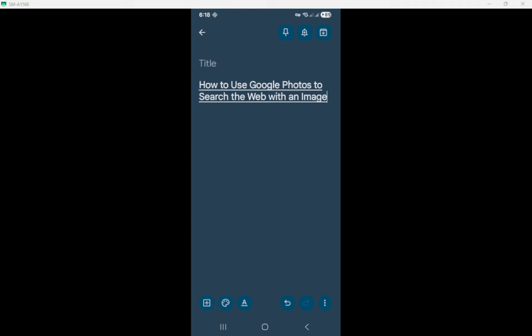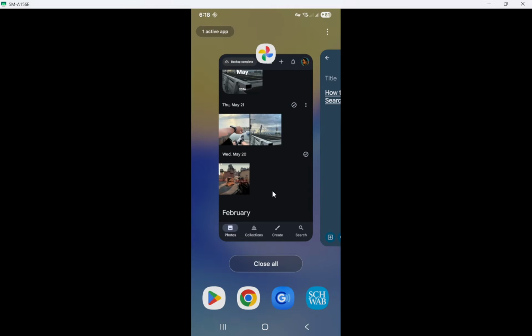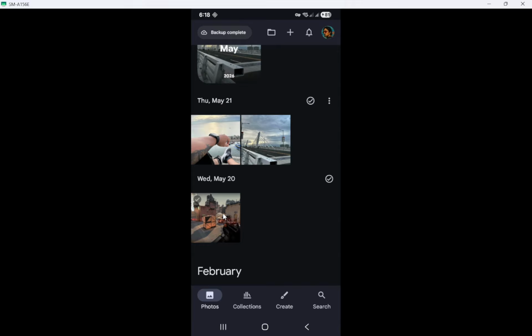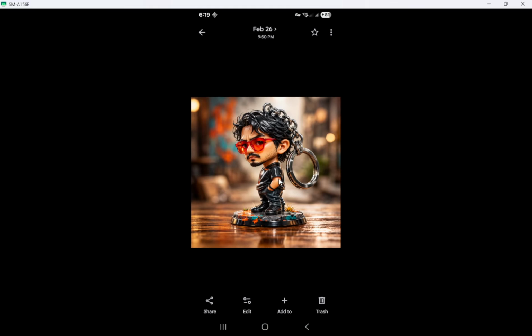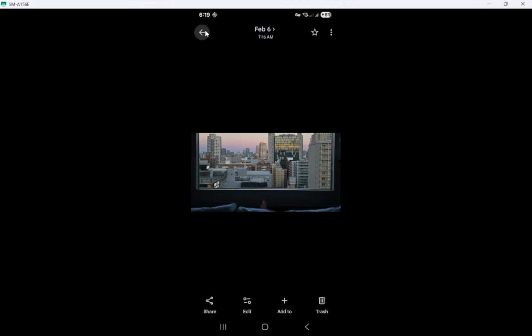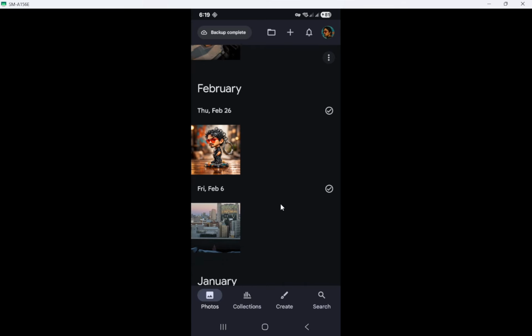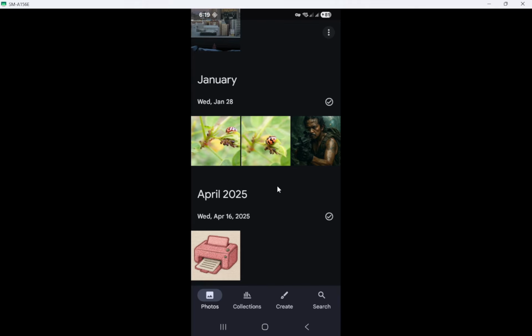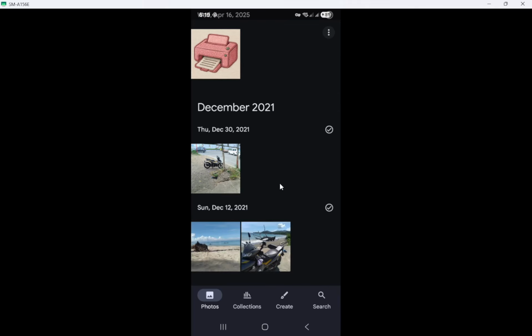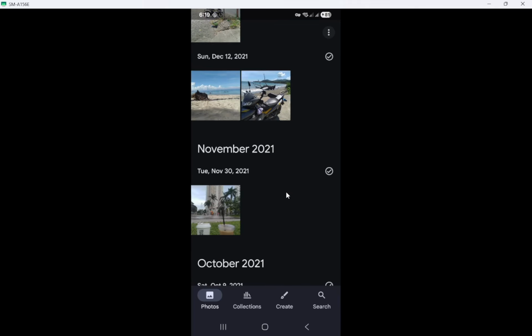In today's video, I'm going to teach you how to use Google Photos to search the web with an image. This is often called a reverse image search, and it's a simple way to learn more about what's in a photo. You can use it to find similar images, figure out where a picture appears online, identify objects or even people in public, shop for items you see in a photo, and translate or copy text that appears on signs, documents, or screenshots. The magic behind this is Google Lens, which is built right into Google Photos on both Android